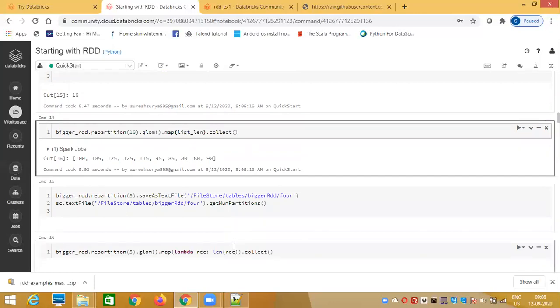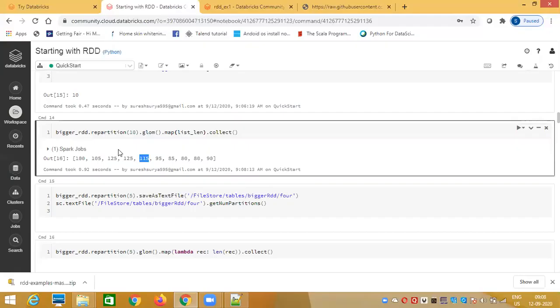strange, right? The moment you called repartition 10, strangely some partitions have 100, some have 80, some have 115. This time we are not lucky. We are not getting 100 records in each partition. Some partitions have 100, some 80, some 90, 95, 125. We are getting all these kinds of record counts, but it is not very different. There is a maximum 10-20% difference, but nothing drastic. It's not like a few partitions are completely empty.